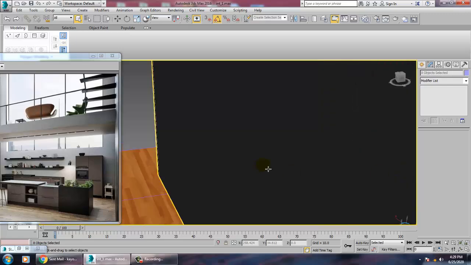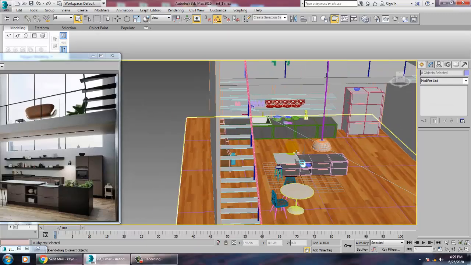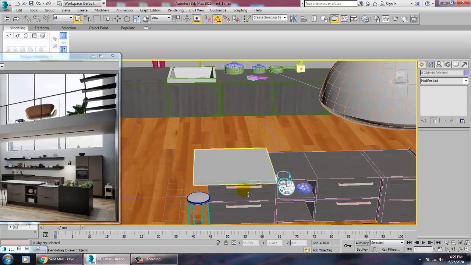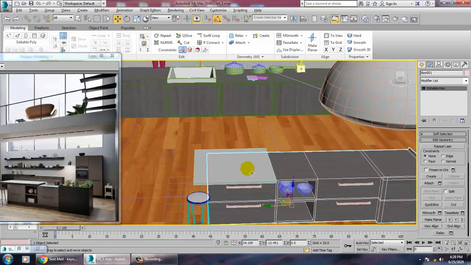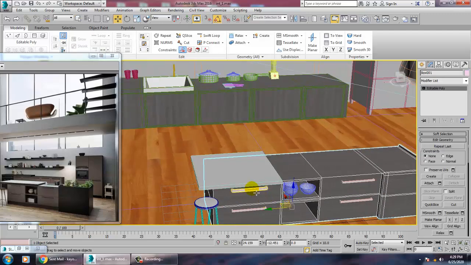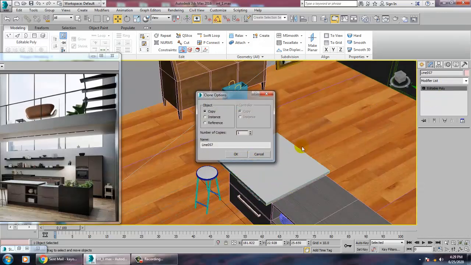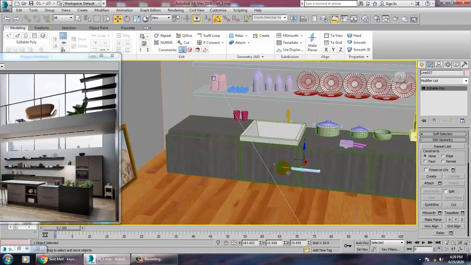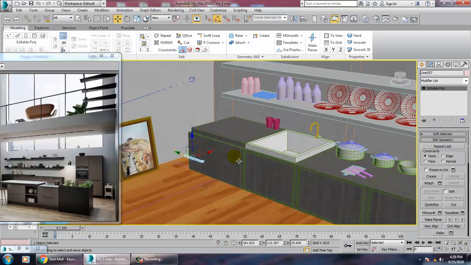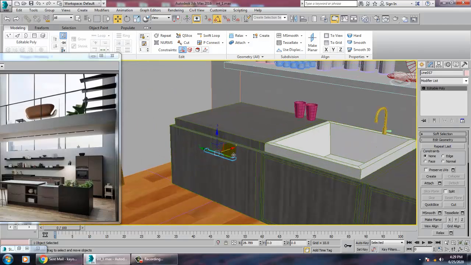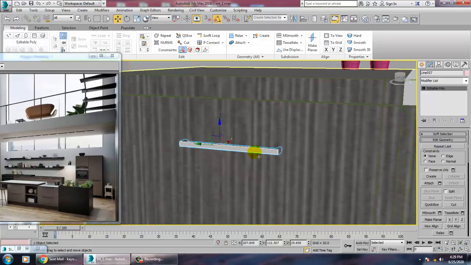So we forgot to give the handles over here, so we need to give these handles also. So let's duplicate these handles over here. Let's just push this up.